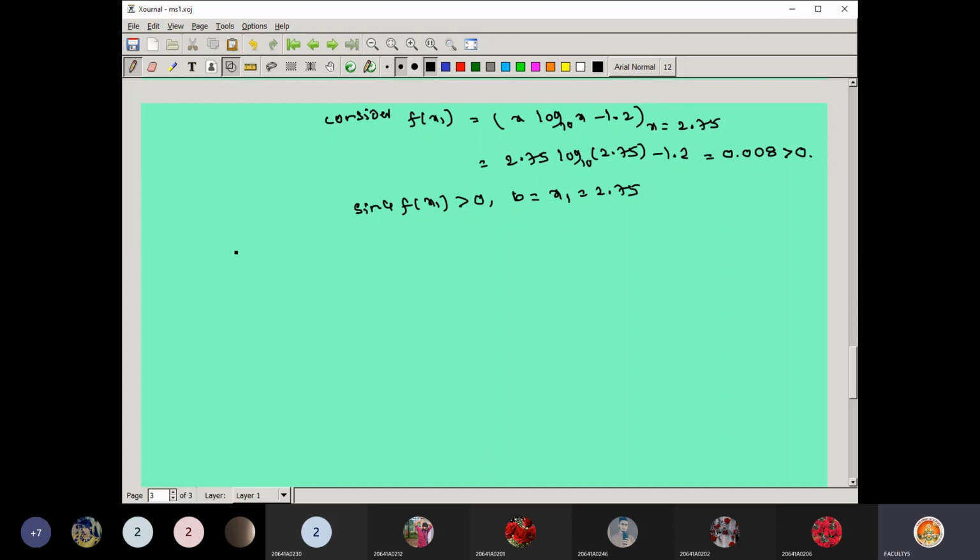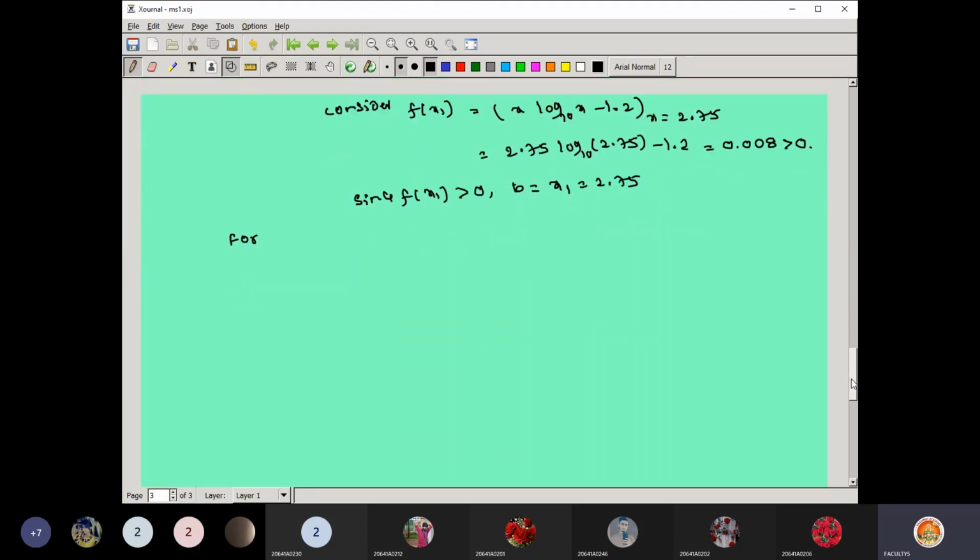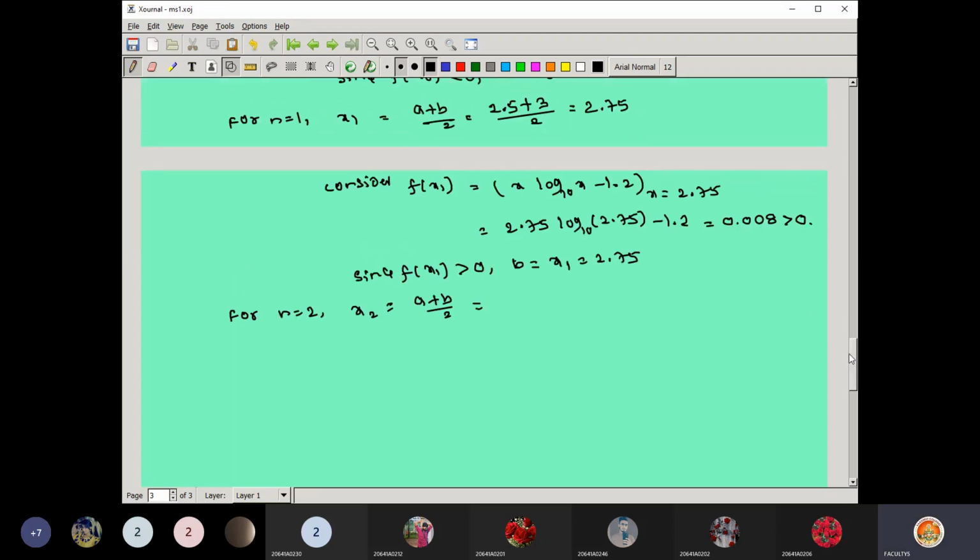So for n equal to 3, n equal to 2, I think, because we have calculated only up to 1. So for n equal to 2, x2 is equal to a plus b divided by 2. What is your previous a value? 2.5, because only the latest values you are taking. b means 2.75, total divided by 2. So 2.5 plus 2.75 divided by 2, you are getting the answer